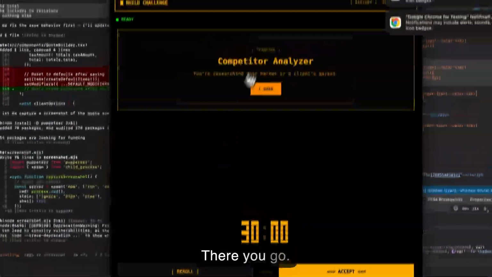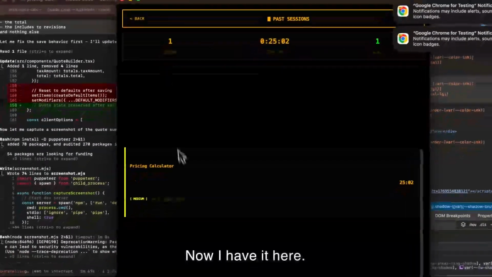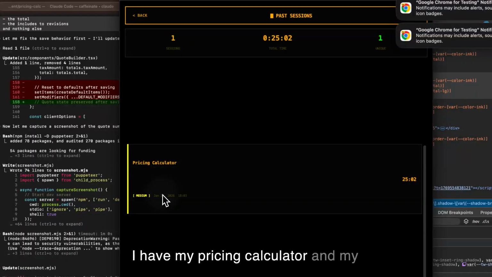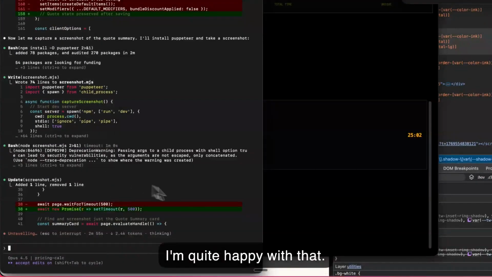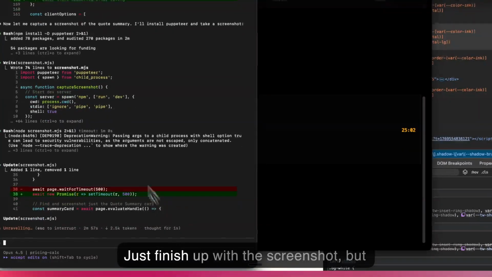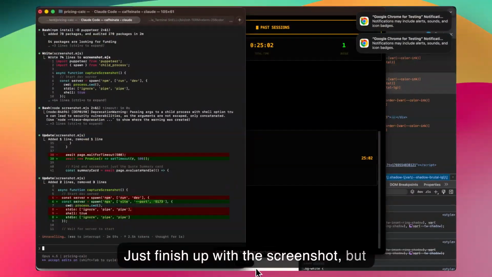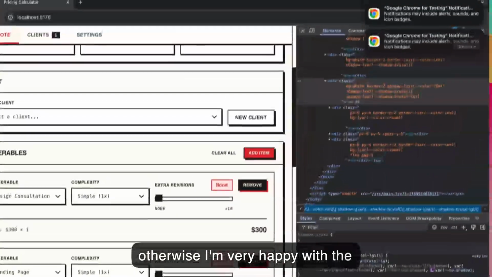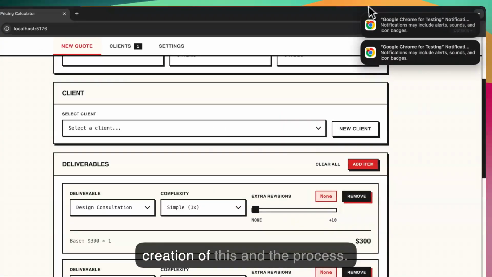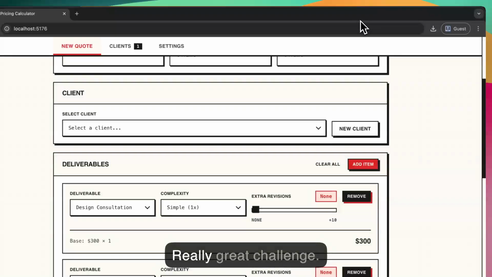There you go. Now I have it here. I have my pricing calculator and my notes. I'm quite happy with that. I'm gonna let this run, just finish up with the screenshot, but otherwise I'm very happy with the creation of this and the process. Really great